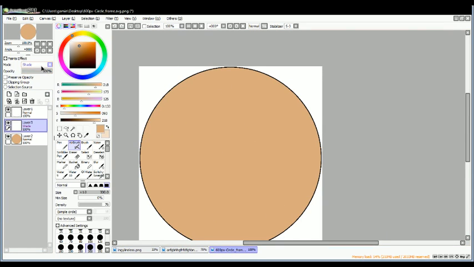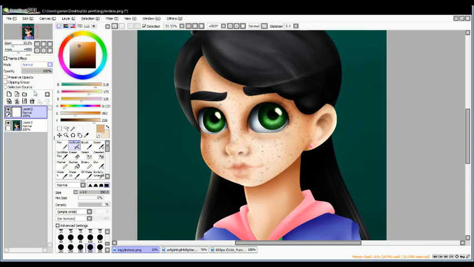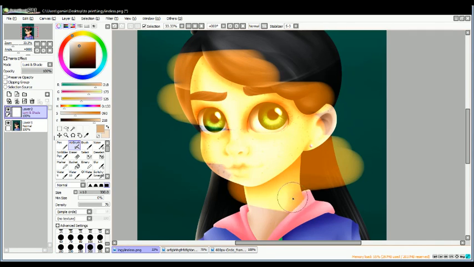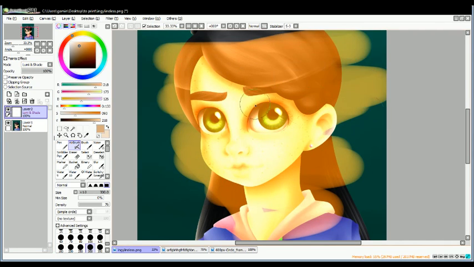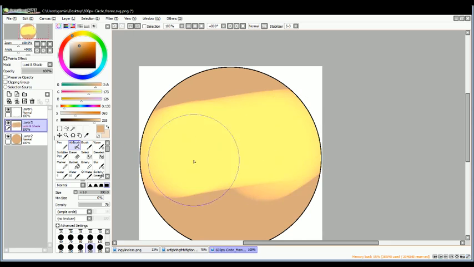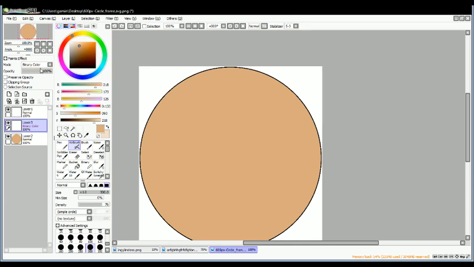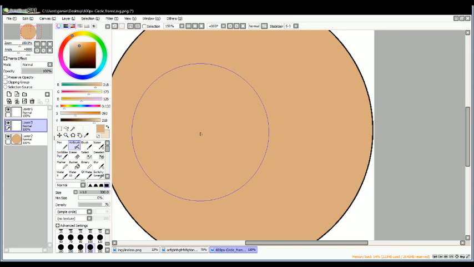And then we have finally Lumion Shade, which is similar except that it does both luminosity and shading at the same time, I guess. It brightens the brights and darkens the darks, but in a really weird way. And then the last option is binary color, which is just going to make it black, and I have never found a use for it. Alright, so the first thing we're going to do is